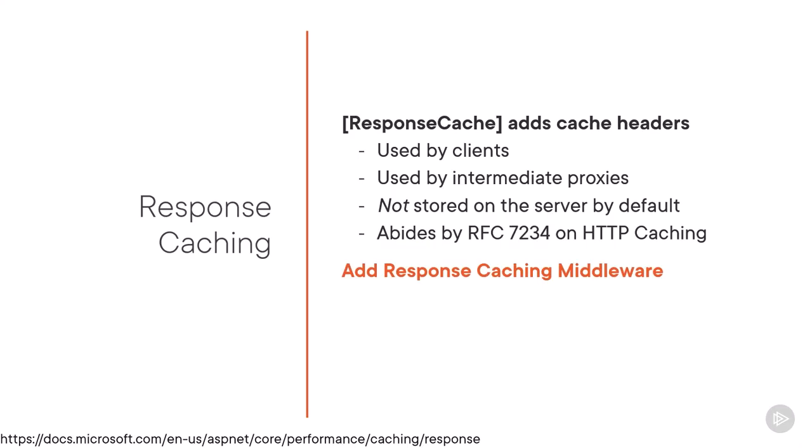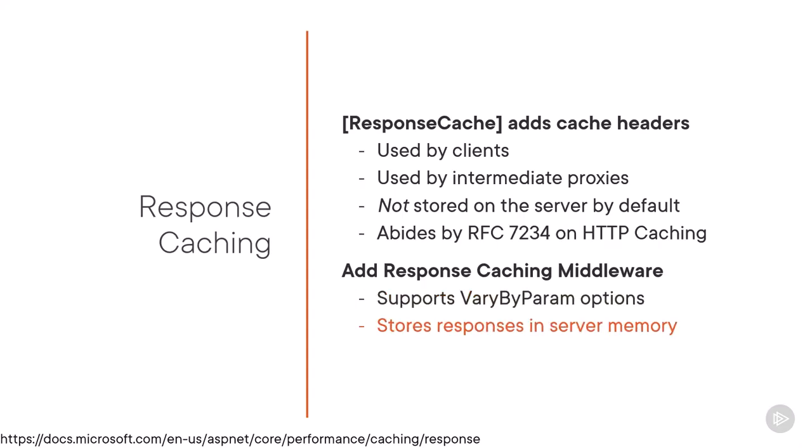If you do, you'll probably want to make sure that you use the vary_by_param option to ensure that you don't return the wrong response to requests that use different query string parameters. For example, if you're using query strings for paging, you don't want to cache page 1, and then when someone asks for page 2 using a different query string variable, you show them the cached version of page 1 again. The middleware stores these responses in server memory, so this may not be a good approach if you have a